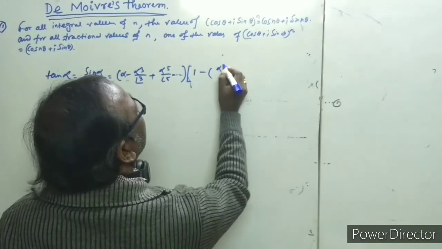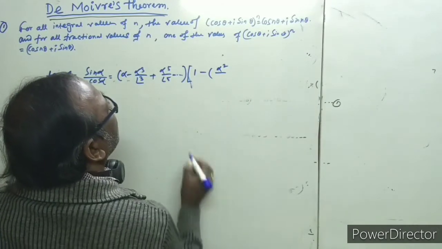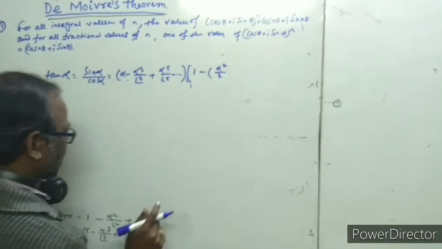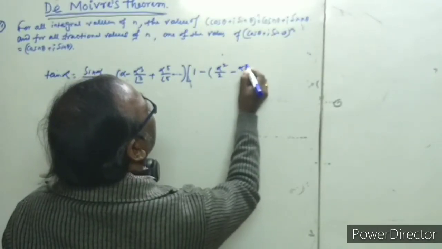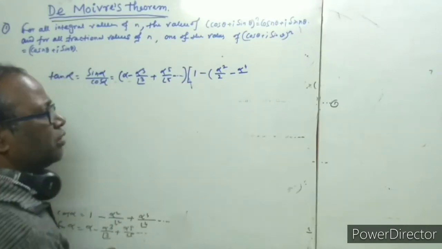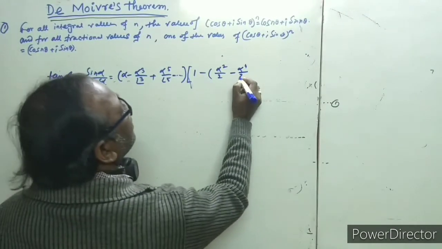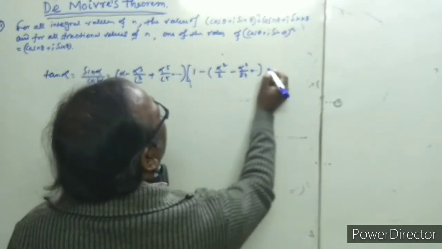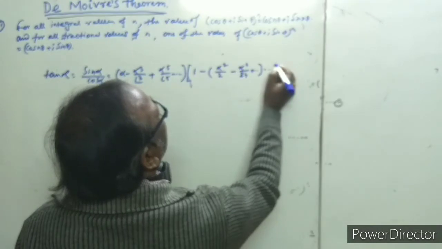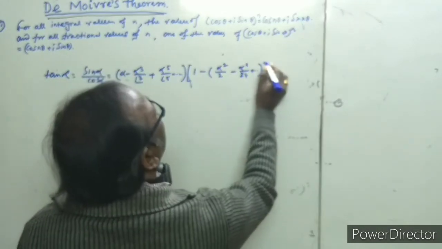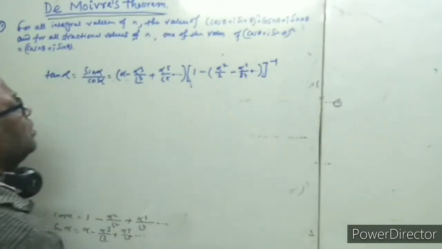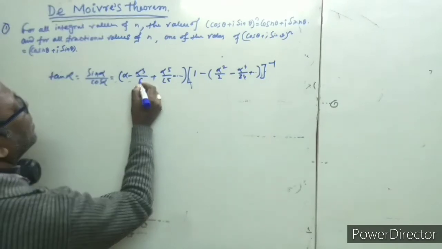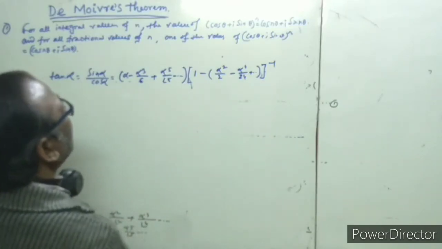So this is here alpha square by factorial 2. This is 2 here, and here is alpha to the power 4 by factorial 4. Factorial 4 means 24 here. Okay, this is 24, and this is to the power 4 to the power minus 1. This is to the power minus 1. Now you can write 6 here, and